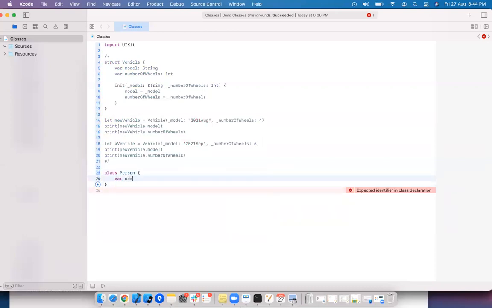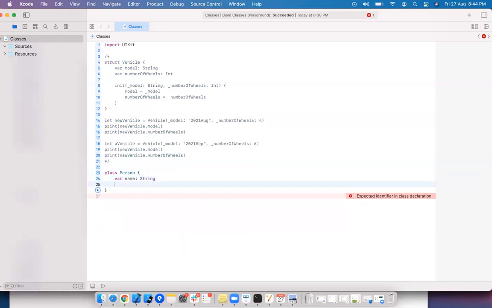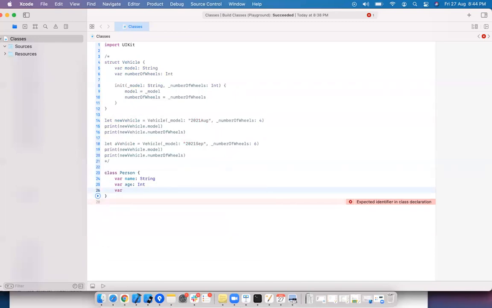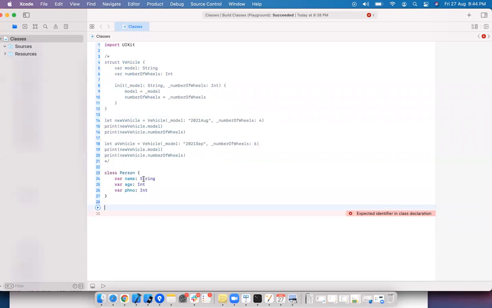Person contains name as string, age as integer, and phone number, again an integer. You can see the differences here. Here we have not assigned any values.